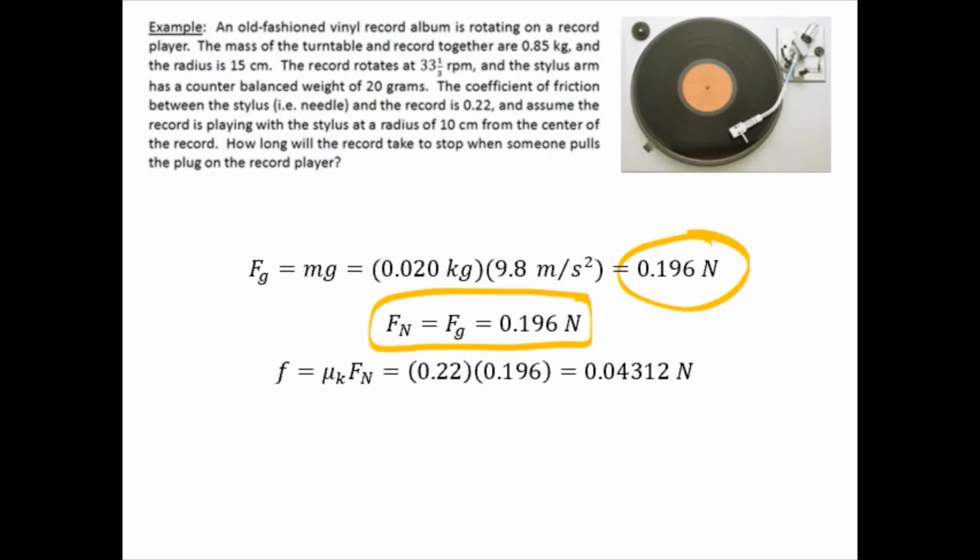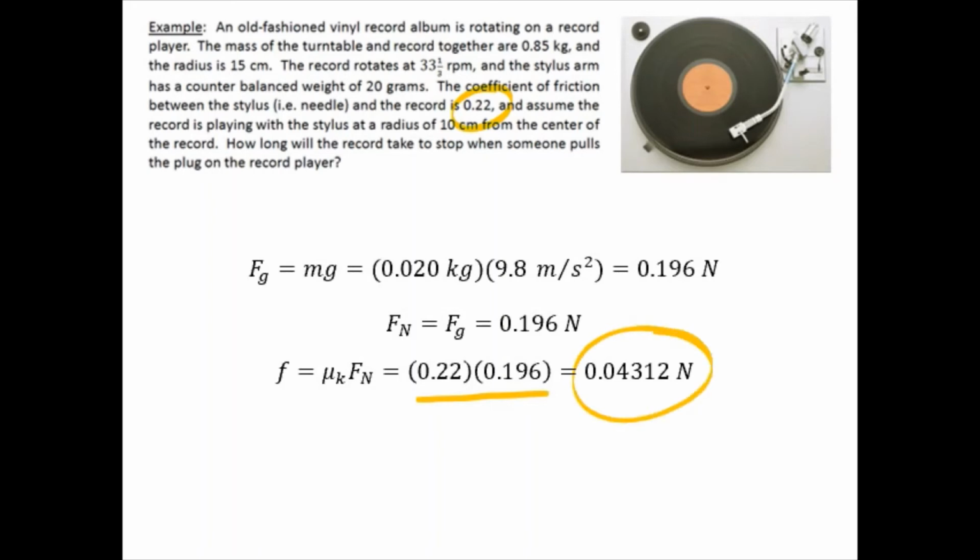And of course, since there's nothing accelerating up or down off the record, since this is really a rotational question, the normal force is balancing. If you could imagine, the weight force here is into the picture, pushing down towards the center of the earth, and then the normal force would be up, supporting that at the surface of the record. So the normal force is going to be the same size as this weight force. Given that they told us the coefficient of friction was 0.22, the amount of kinetic friction we have is 0.22 times 0.196, and we get an answer of about